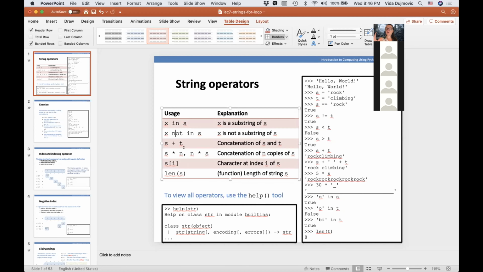You have also seen that you can use a plus operator on two strings, which glues T to the end of S. You can multiply string S with a positive integer, and the result is a new string which has S repeated n times. And you have seen the super useful function len that gives you the number of characters in S.